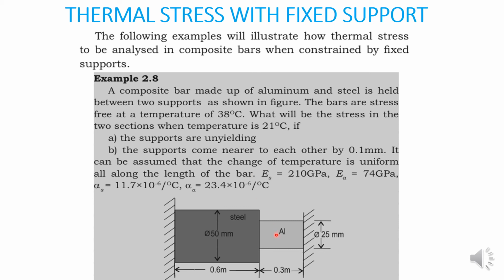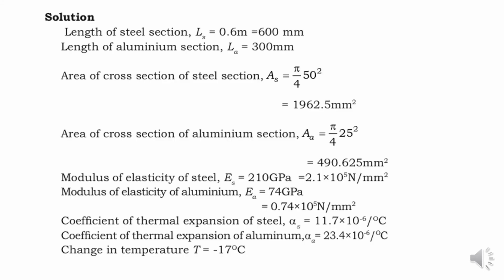Okay, so the two materials: steel, which is 50 mm diameter, and aluminum, which is 25 mm diameter. The length of the steel bar is 0.6 meter, and the length of the aluminum bar is 0.3 meter. Now the length of the steel section is given as 600 mm, and the length of the aluminum section is 300